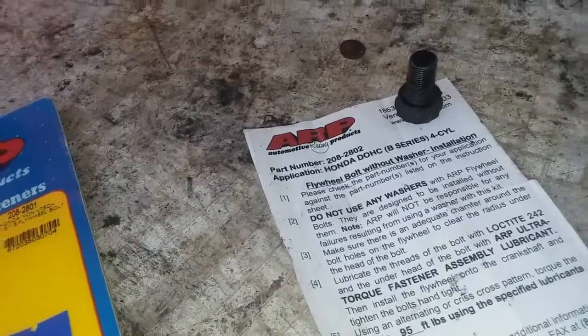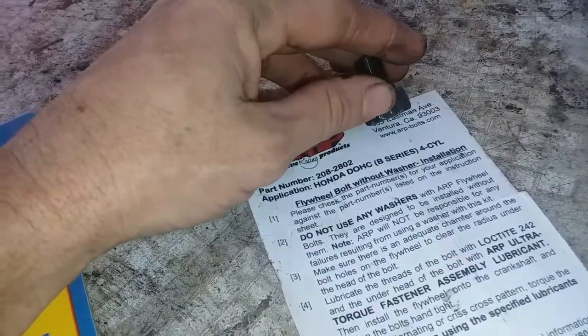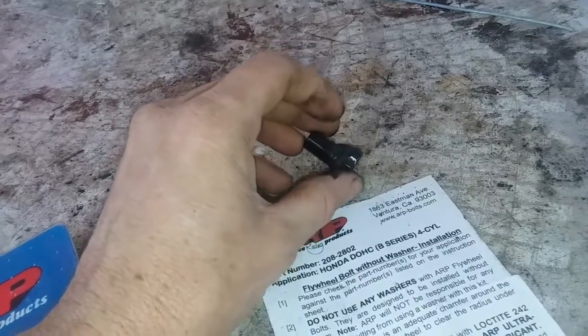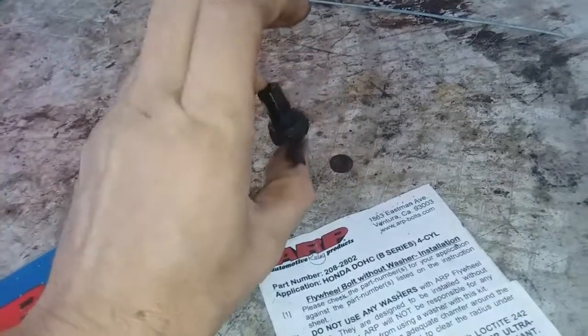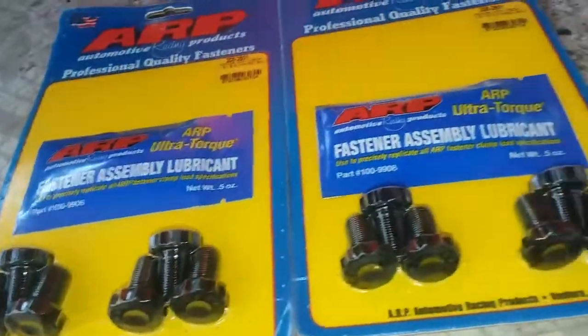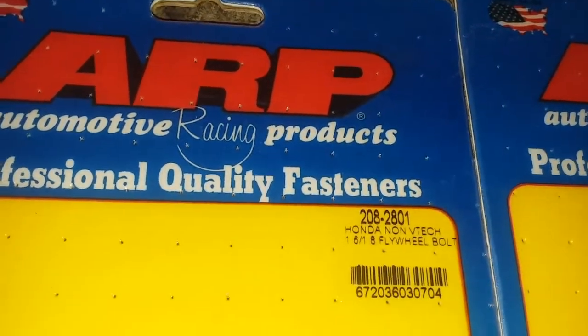But here's the old setup, B series. ARP flywheel bolts with an ARP spacer. I can't remember the part number. That setup worked with the spec clutch. It had enough clearance. Does not clear the new action clutch because it has the extra metal thing covering the springs, but you know. And here's your part number for the ones that fit the A20,